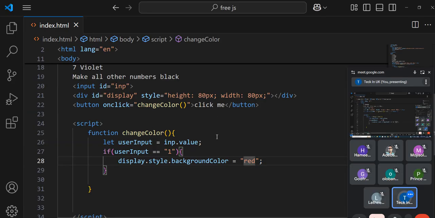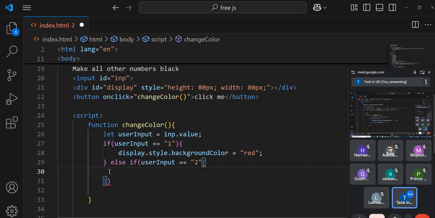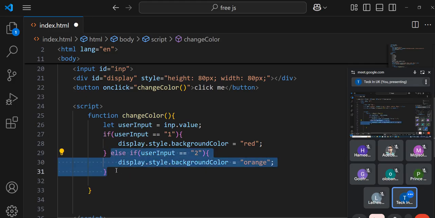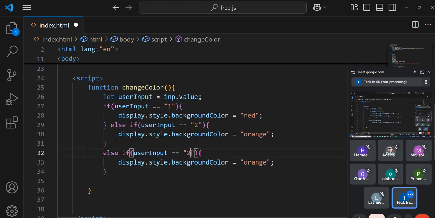So let's try to undo others. 2, 3, 4, 5, 6, 7. Else if user input is equal to 2, I'll just copy this. Paste. Copy. For 3, yellow, 4,